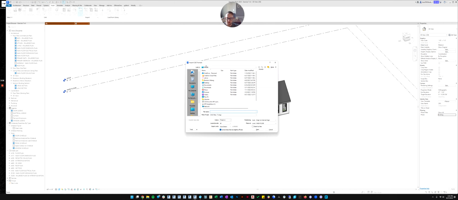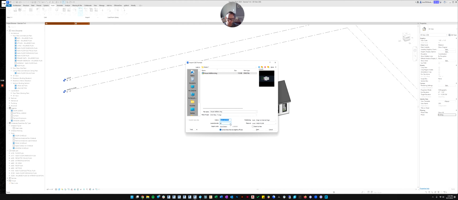So I'll click import, and then I'm just going to navigate to it really quickly. And then I just highlight that. It gives me a little preview. And then let's take a look at the settings. So it tells you what the name is, what the file type is, and then it's going to ask, do you want us to keep all the colors that are in CAD or not? I don't like that. I just tell it to go black and white. I don't like all the different colors CAD brings in. It's confusing to me.